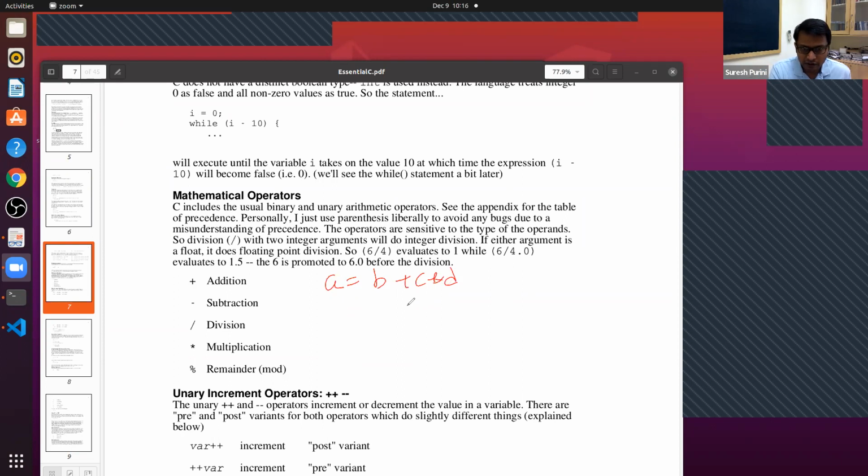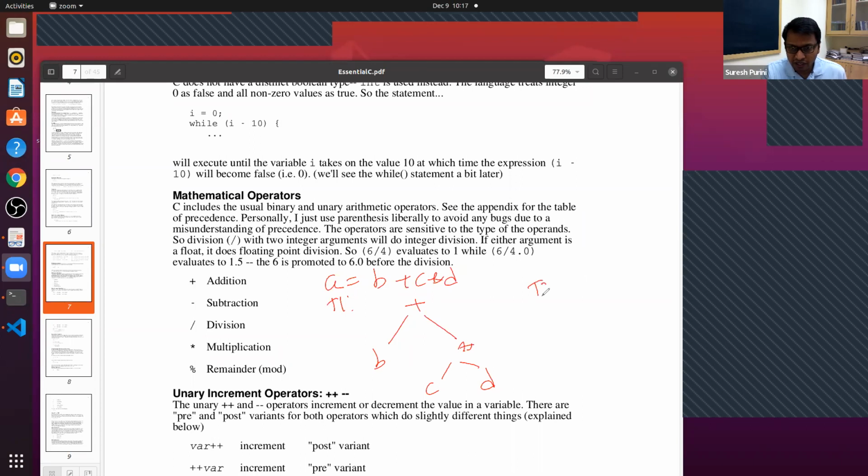One is plus B star CD. If you see, you multiply C with D, since multiplication has a higher precedence than addition. Because of that, you multiply C times D, and then you add that value to B. So this is the first tree, T1.